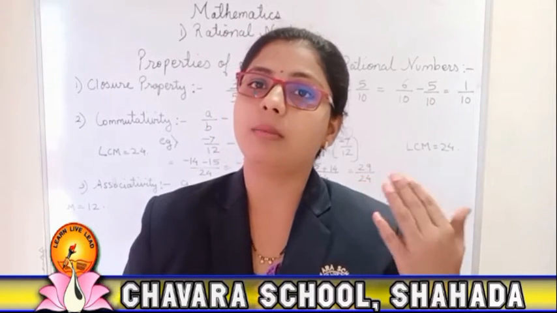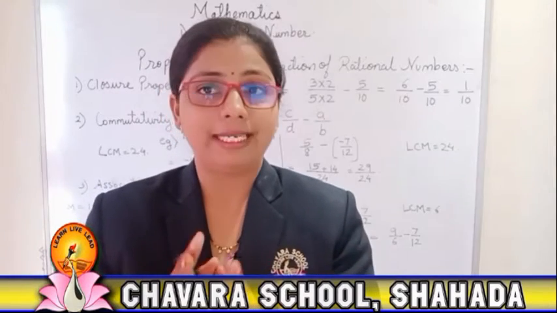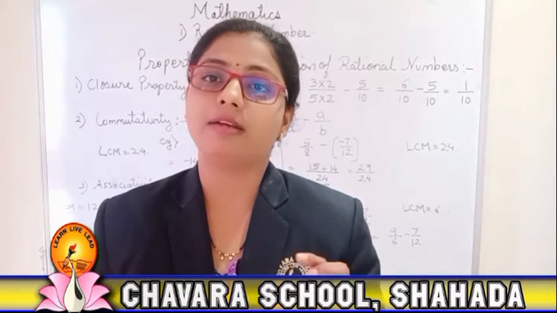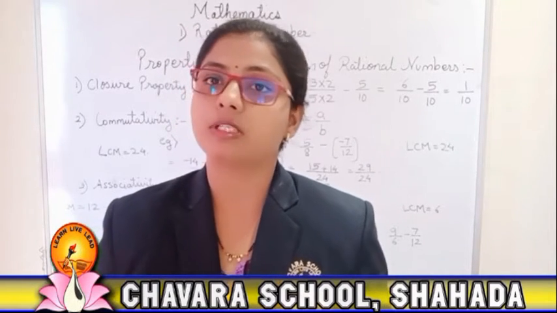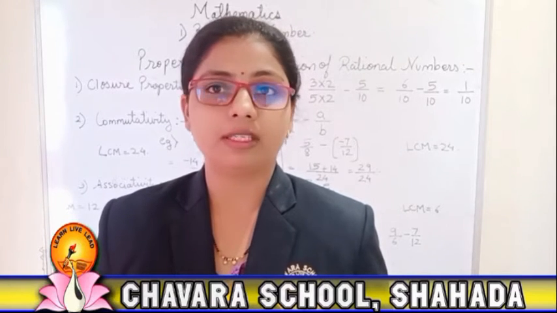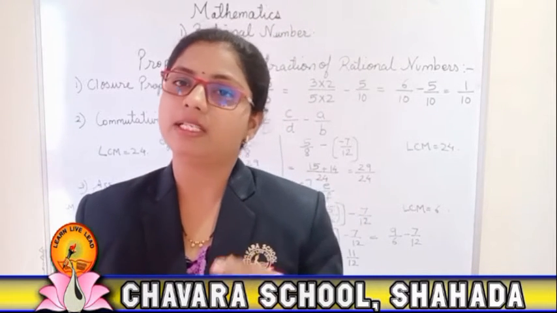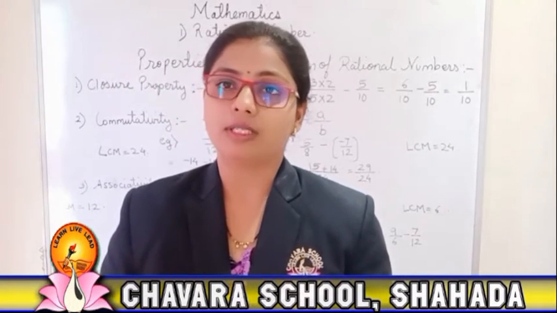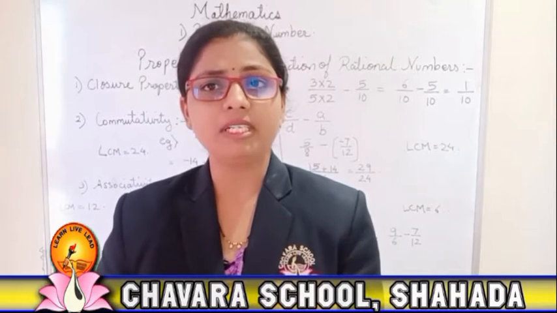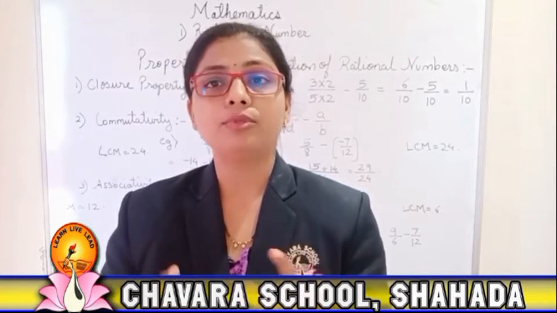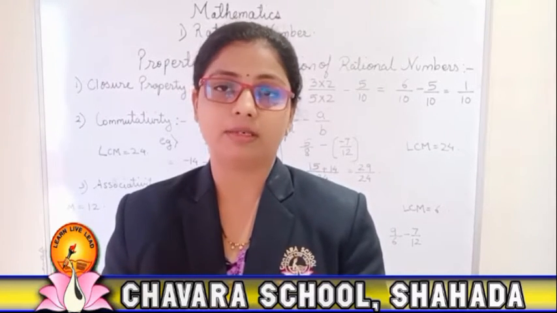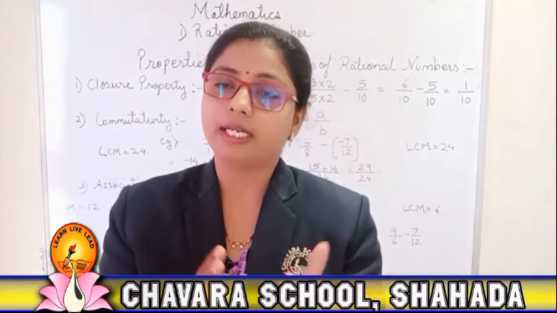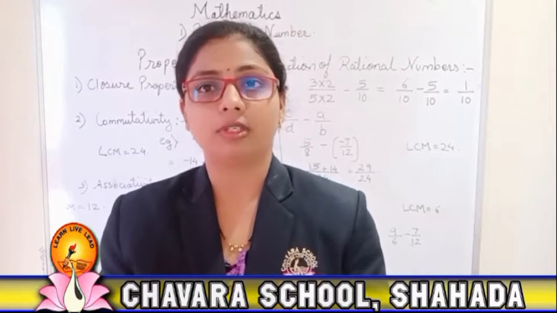As we have studied about addition, if the like terms are there, directly we can add the numbers. If they are not like terms, then we can go for the LCM method or cross multiplication method, so that we can make the denominators equal. Same way in subtraction also we are going to use the same method. If like terms are there, we can do direct subtraction, and if it is not like terms, then we can go for the LCM method.